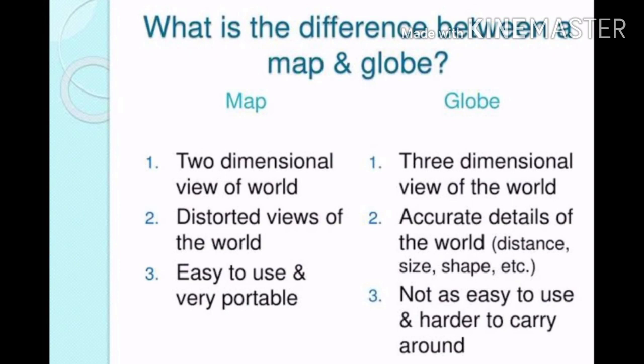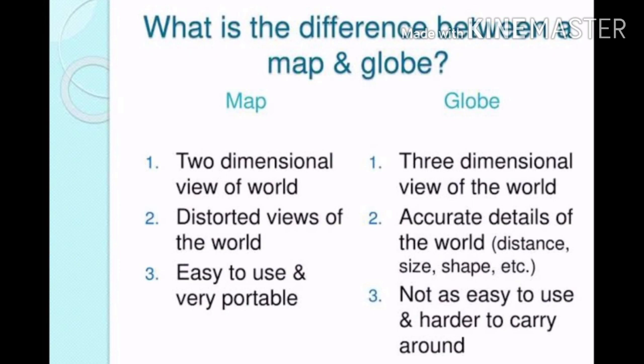So we have to find certain points of reference and lines for finding the location of places. To make this easy, we have made some points and some reference lines, with which we can easily locate places. Geographers have developed a system of horizontal and vertical lines on the surface of the globe to locate different places on the earth accurately. And these horizontal and vertical lines are latitudes and longitudes.